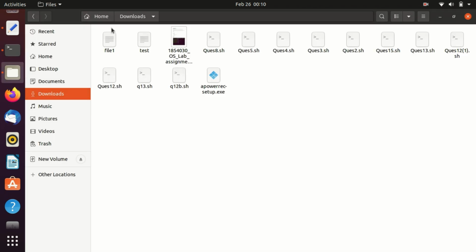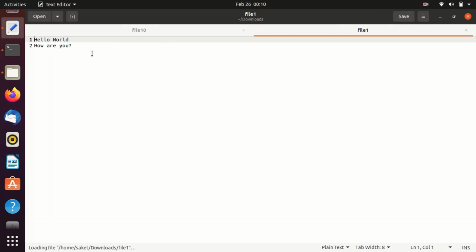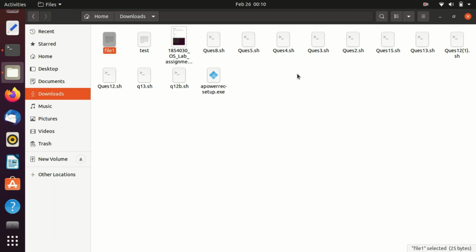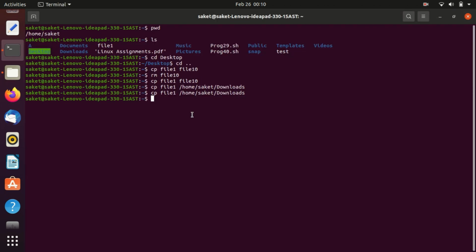After pressing enter, I go to my file structure again, and now you can see that file 1 has been generated, and the content of the file is "hello world, how are you". So file 1 has been copied into the downloads directory.